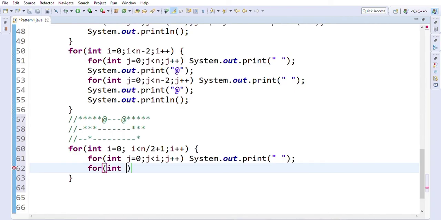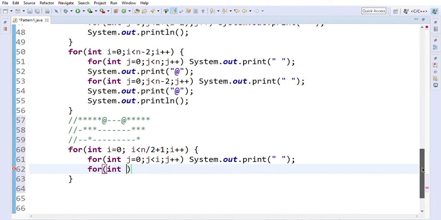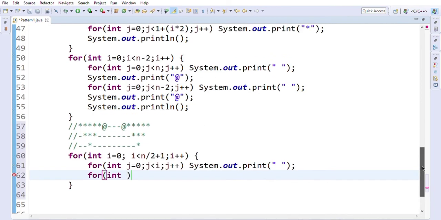First I will print the first 5. For the first line we will print 5 stars. Then the second line will print 3 stars after 1 white space, then 1 white space, then 1 star.